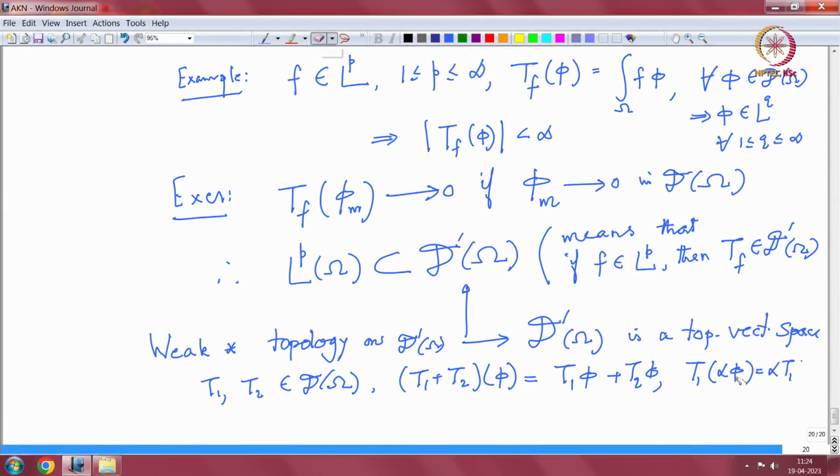No, phi 1, phi. T of alpha phi is equal to alpha T of phi, and this is true for all alpha, alpha real. So, this is the linear structure, and for the weak star topology, we say, you need a definition probably. The weak star topology, the definition is,